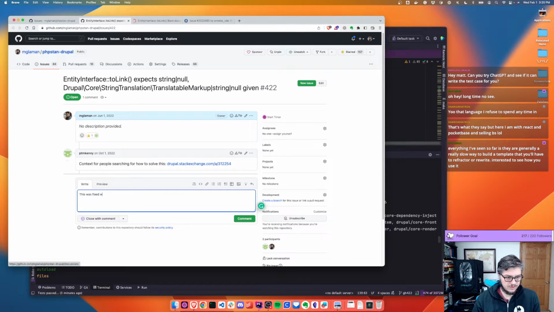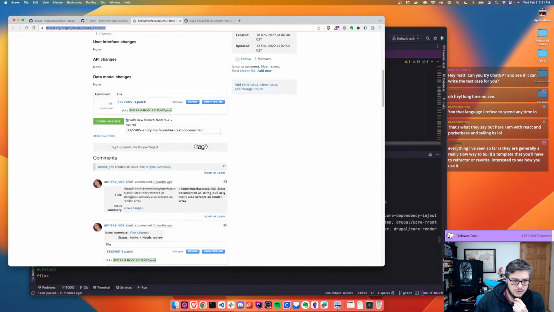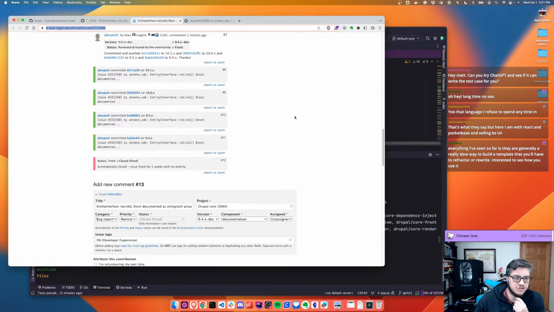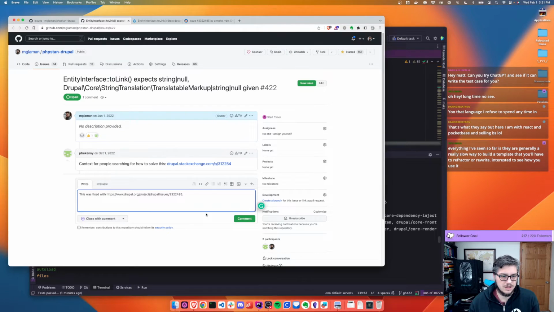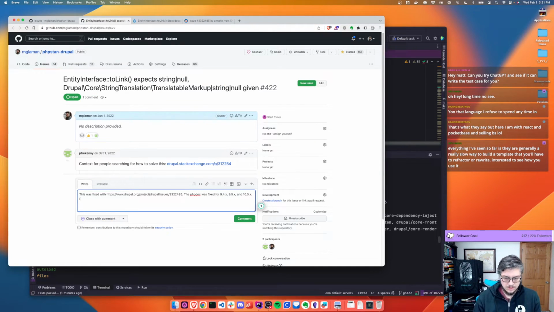this was fixed with... why do I see it with 9.5 if it was only committed to 10.0? Oh, because it was cherry picked. Got it. The PHP doc was fixed for 9.4.x and 9.5.x. 9.5.x and 10.0.x. We don't know if